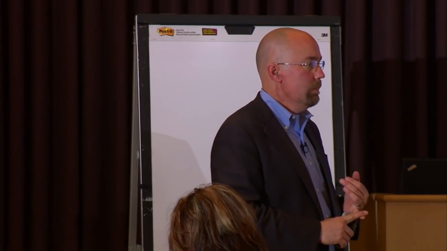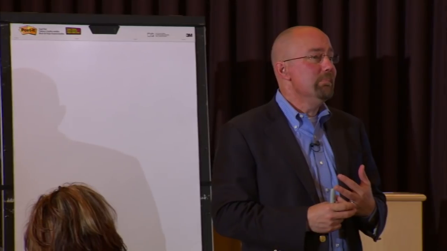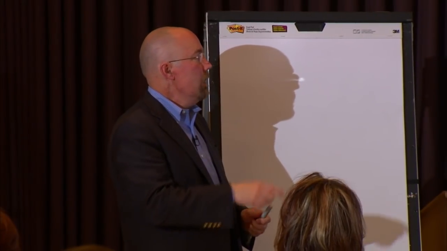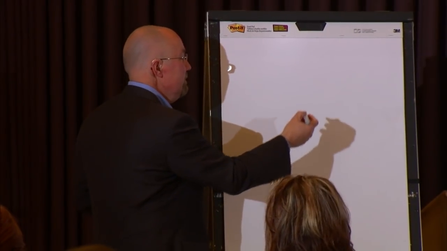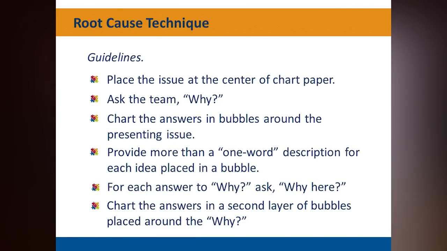A big concern at the moment in many communities is a rising rate of obesity, right? And the nutrition level of young people, both from a food security point of view, that kids have enough to eat, and from a nutrition point of view, that they've got the right things to eat. In the bubble diagram charting process, you take and put the issue in the middle, usually in a circle, right? How many of you have done this before? Good. We'll move through this one quickly.